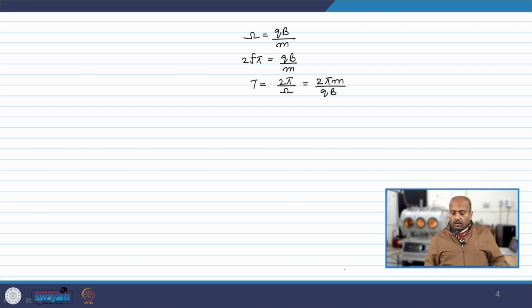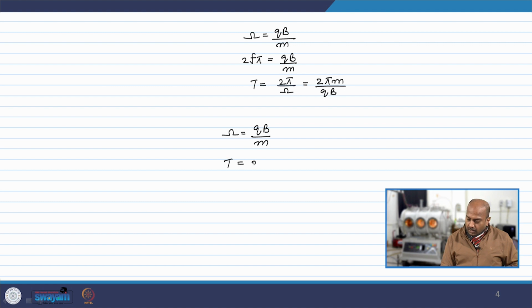So most importantly, omega is qB by m, the time period is 2 pi m by qB, the radius of gyration is m v perpendicular by qB,